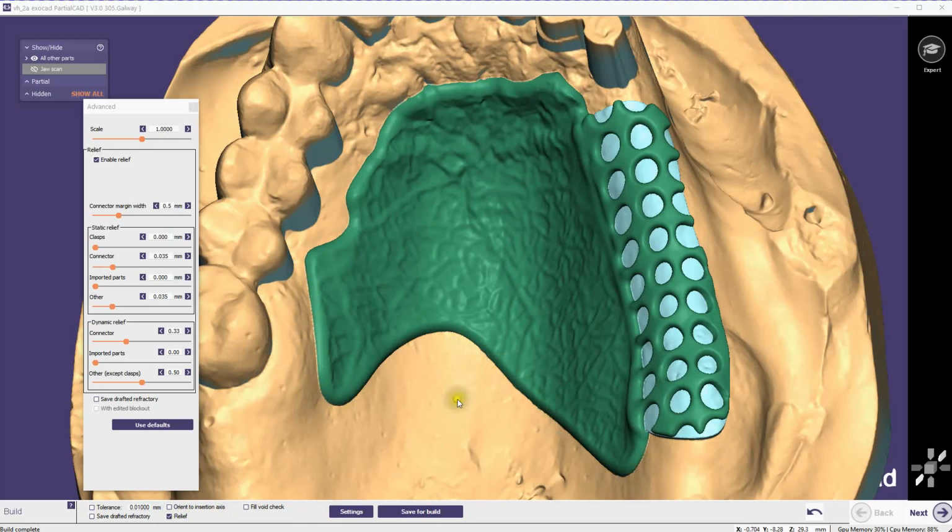So to get the best of both worlds, we now have this setting so that just along the margin of the connector, you basically have no relief, so it touches the scan, and on the inside of the connector, that's where this relief is applied. So we have this static connector relief, and we have this dynamic connector relief, and together they add the relief underneath. So let's take a quick look at the